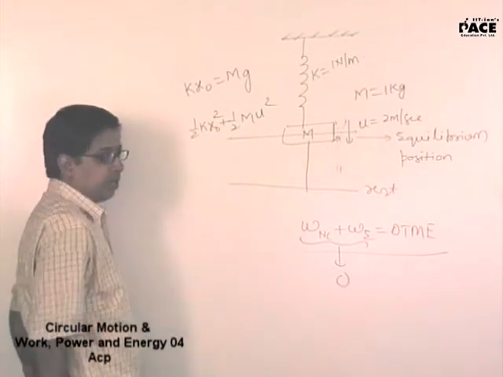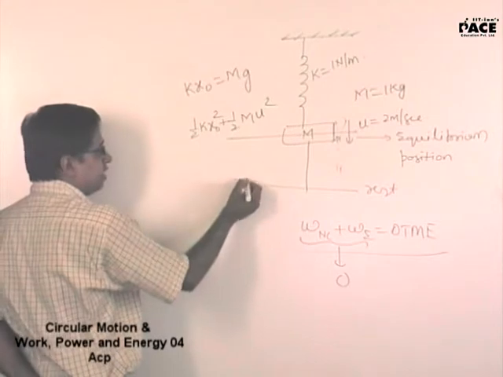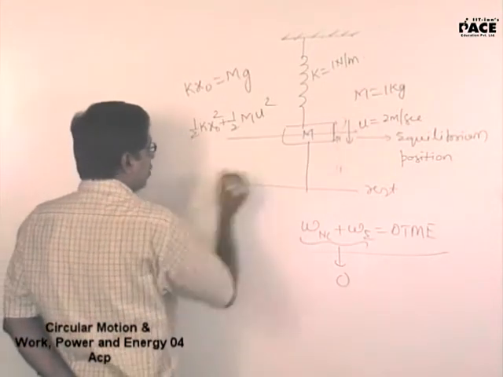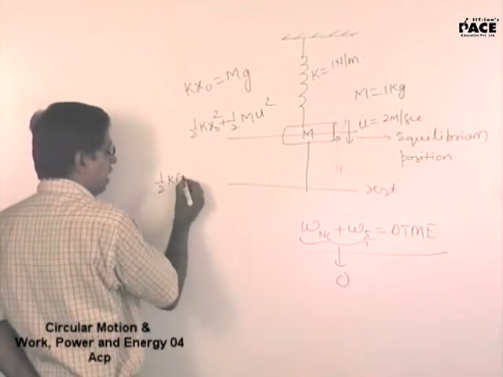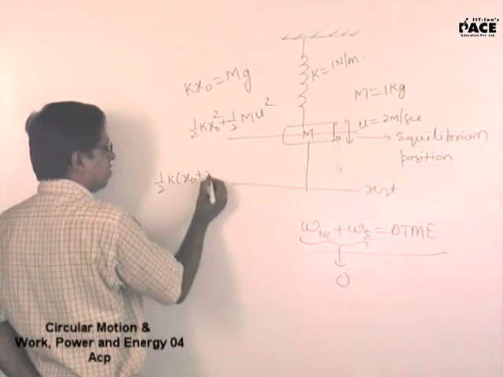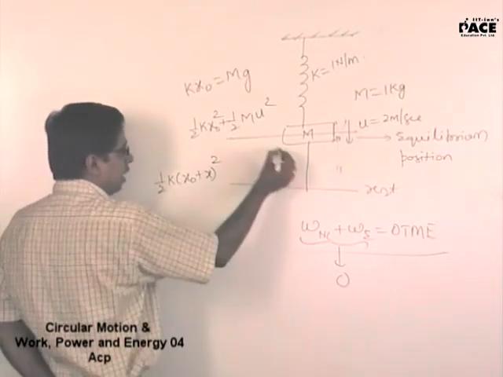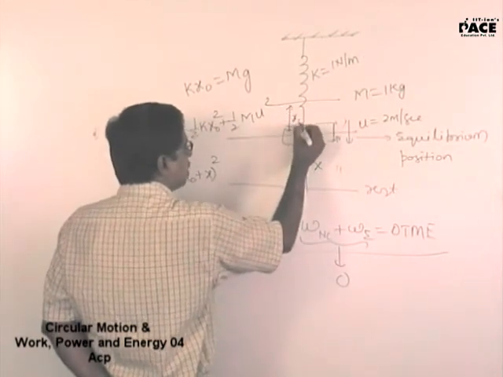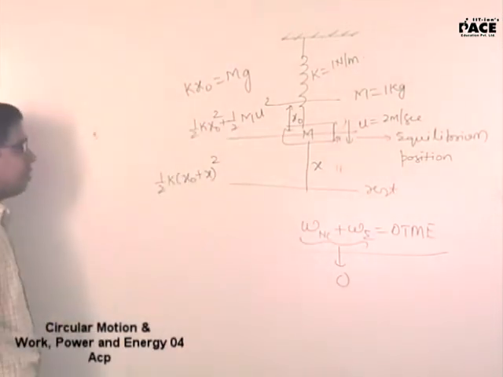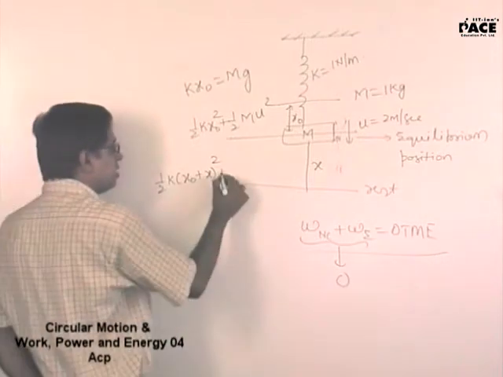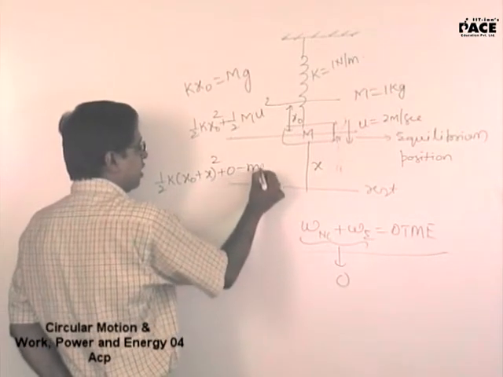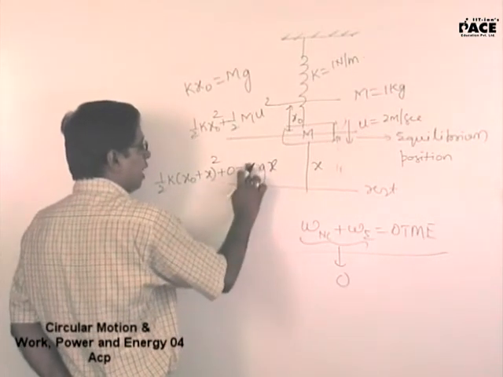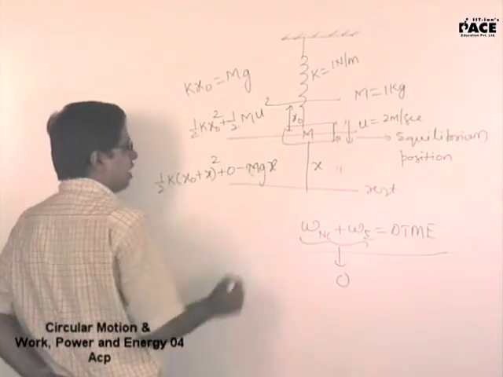here will be equal. Now here total mechanical energy will only be, have a look at it, half k (x naught plus x) whole square. I call this distance to be x and this distance to be x naught. From unstretched position till here will be x naught. Now kinetic energy is 0 minus mgx. Why are you taking minus capital mgx?